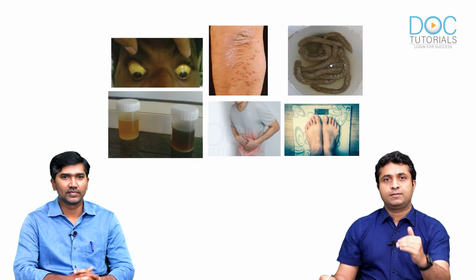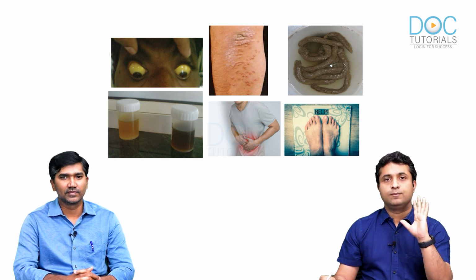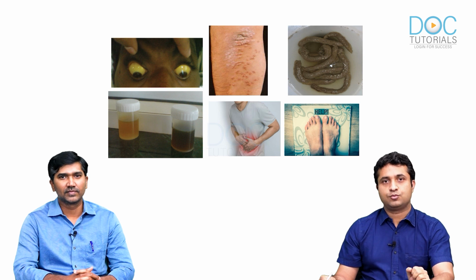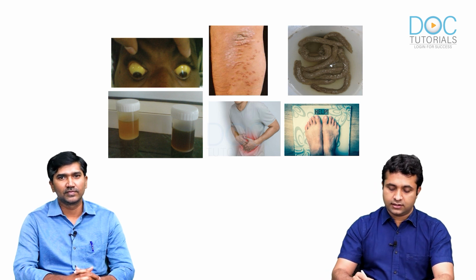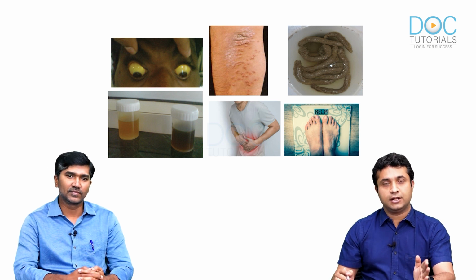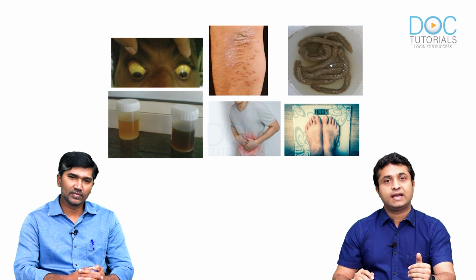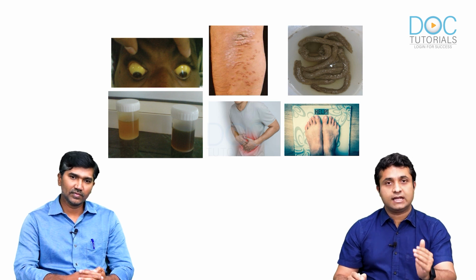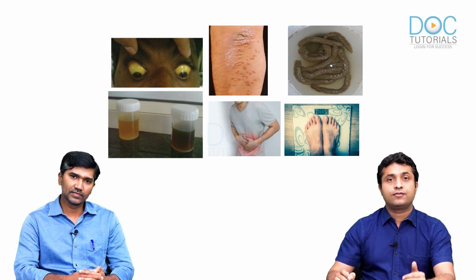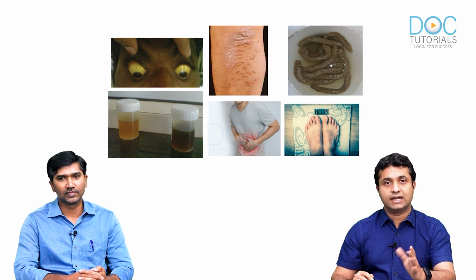So, first, when a patient with jaundice comes to us, what are the things we have to look for? Basically, 5 important things come to mind. Yellow colored eyes and high colored urine are mainly because of increased serum bilirubin, and the patient may complain of excessive pruritus, that is itching, because of the accumulation of bile acids and bile salts. Patient may complain of clay colored stools. This is because of the absence of intrahepatic circulation and then absence of bile salts and bile acids.